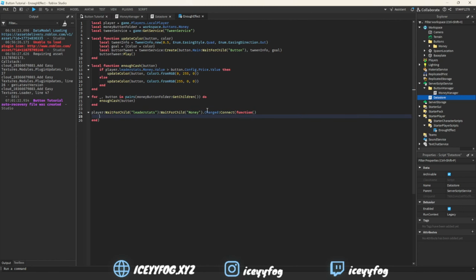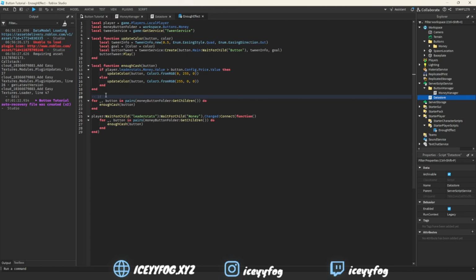So we'll make a function if the player's money increased or decreased or whatever. Then we're going to do the exact same thing. So we're going to copy this, and we're going to do this. So this one will automatically check right when the player joins. So you can do if, starts right when the player joins. But this checks for the money value to change, then we'll run